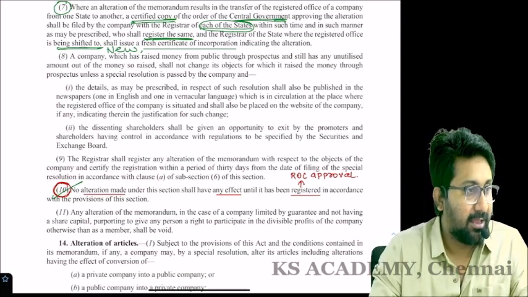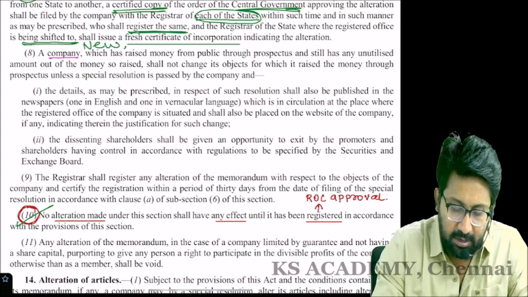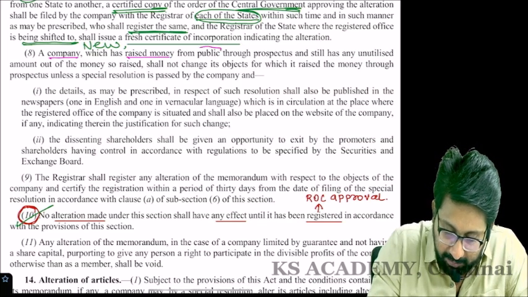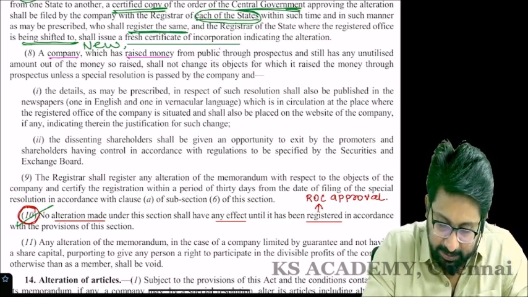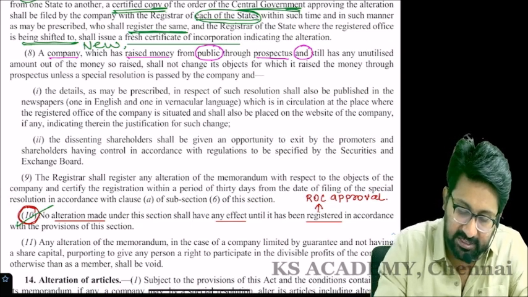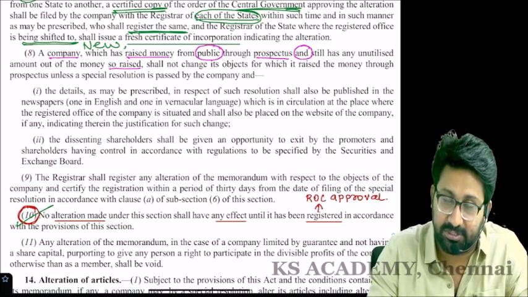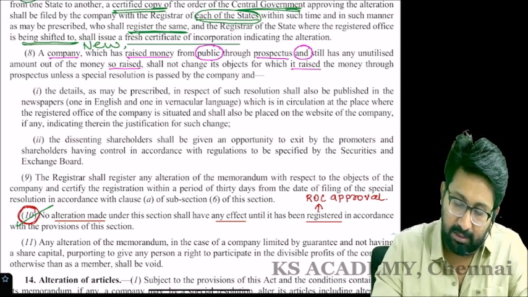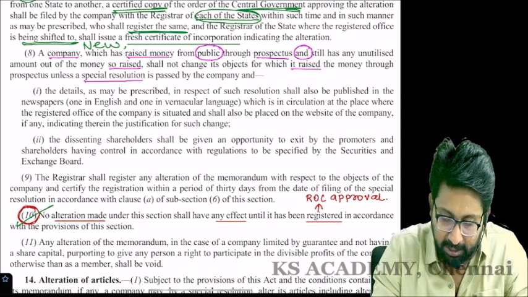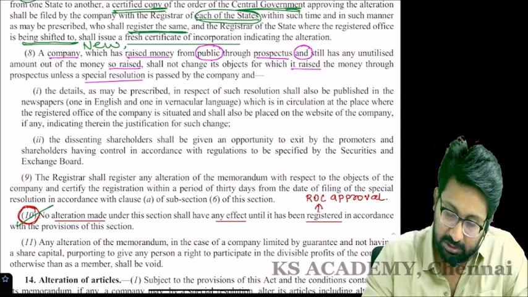The provision that has been specified in 13.8 is as follows. A company which has raised money from the public through issue of prospectus and still has any unutilized amount of money so raised shall not change its objects for which it raised the money through prospectus unless a special resolution is passed by the company, and the details as may be prescribed in respect of such resolution shall also be published